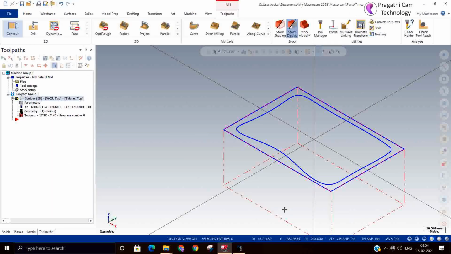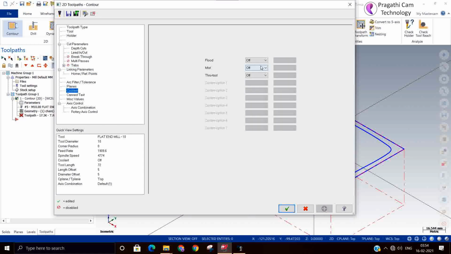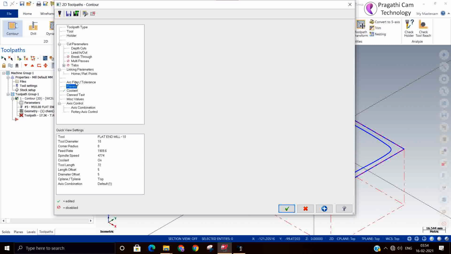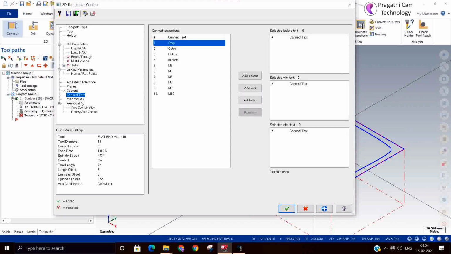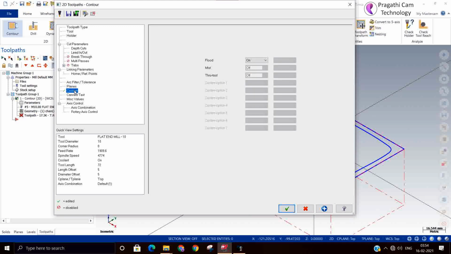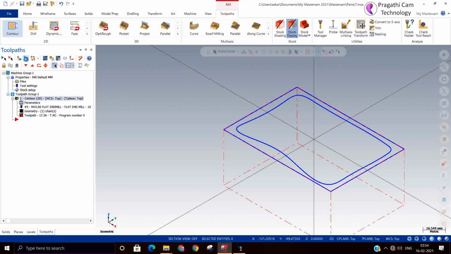I have not switched on the coolant; we can switch on the coolant now. Plane filter and other things we will see separately. They are not always necessary. We can accept the default and go. After the linking parameters, you can come to coolant on, and regenerate.